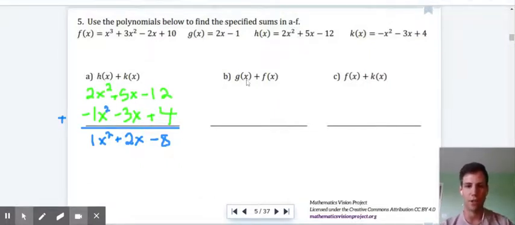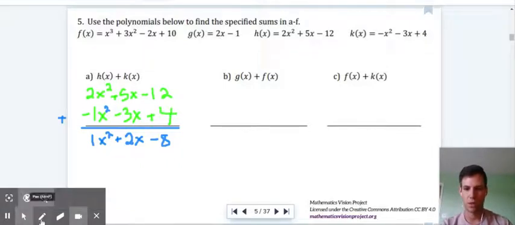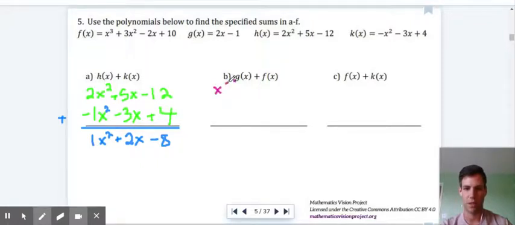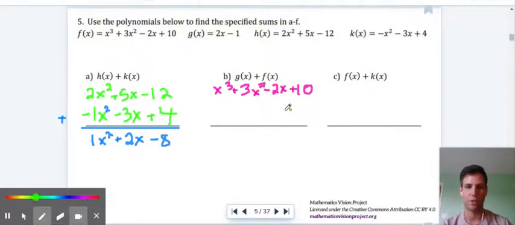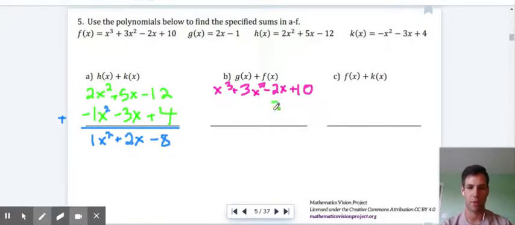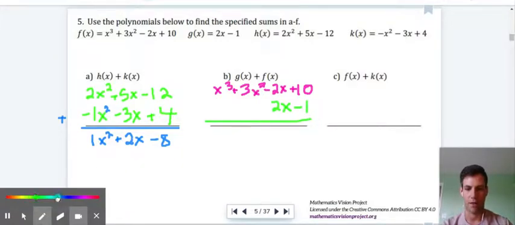So now if I wanted to do part B, that is g plus f of x. And you can see that they don't have everything that's the same. So if we write this out, we'll write out our f first as x cubed plus 3x squared minus 2x plus 10. We have f there, so if we wanted to write g out right underneath it, we'll just line up the like terms, the 2x and the minus 1 at the bottom here,